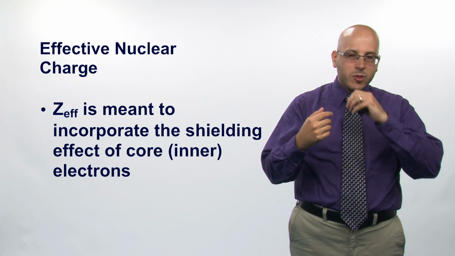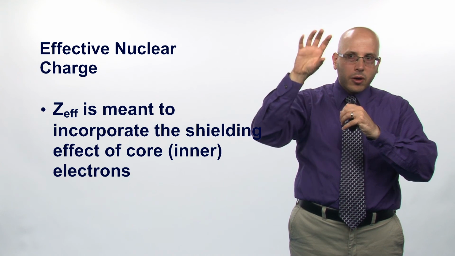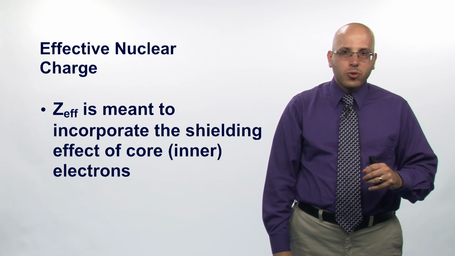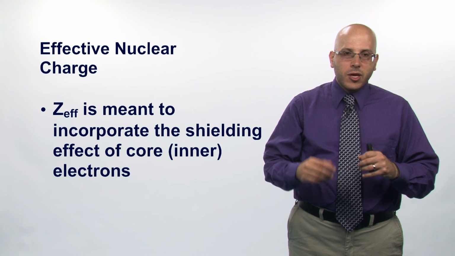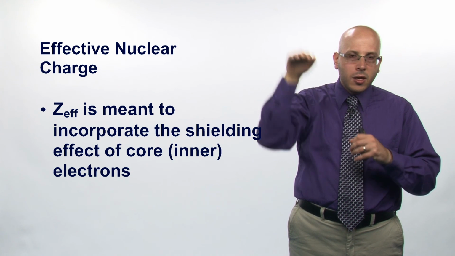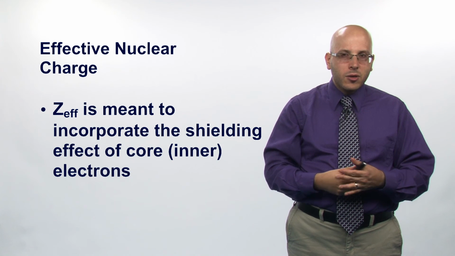Why? Because in between the nucleus and all of these valence electrons are the inner or core electrons, and they act like a little shield, a barrier. So they protect the electrons at the end from feeling the full effect of the nucleus in the center. They block or shield a little bit,